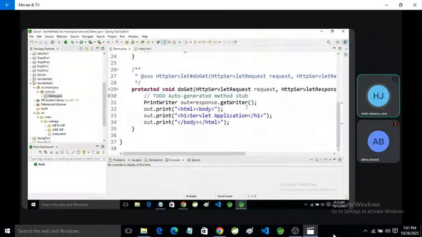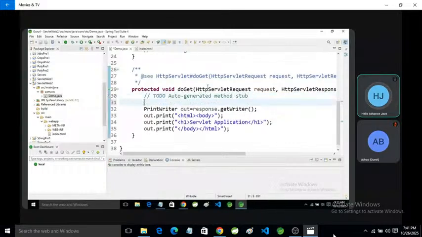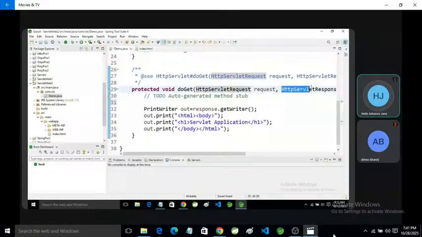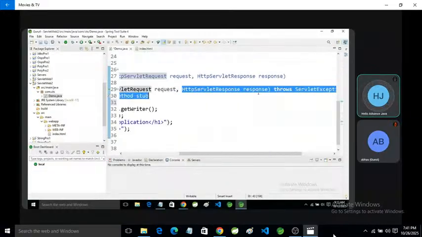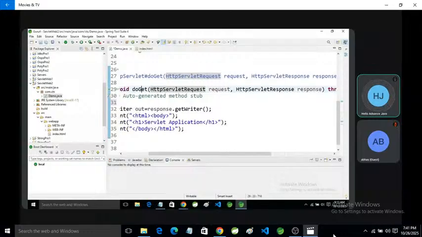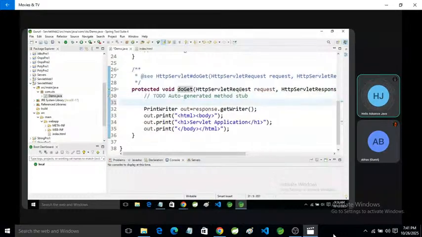And here we need to receive the value from the front end. For this purpose, there is an HttpServletRequest. Through this interface, we can receive from the front end, and through the HttpServletResponse, we will send the response to the front end, our client. The object of HttpServletRequest is request.